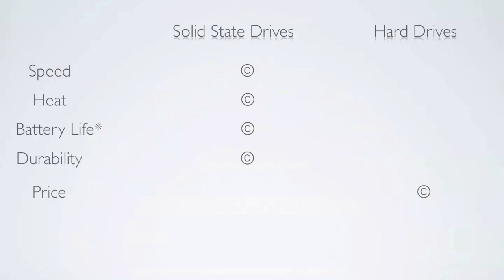So, solid state drive versus hard drives. What is a solid state drive? A solid state drive is basically a hard drive with no moving parts. So when you look at a hard drive, normally it'll say 7200 or 5400. I think even now they have a 10,000 RPM hard drive. And what that means is rotations per minute. And so if it says 7,500 RPM, that means that every minute it has